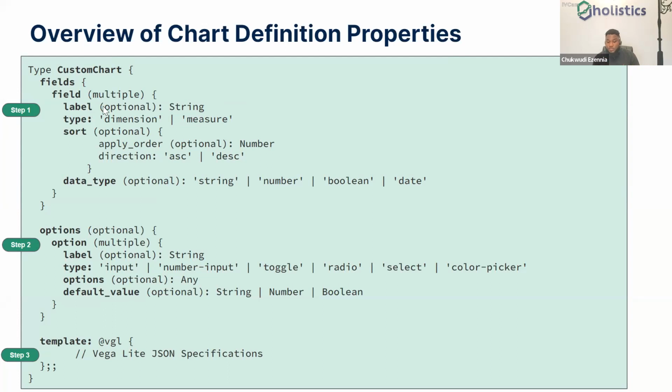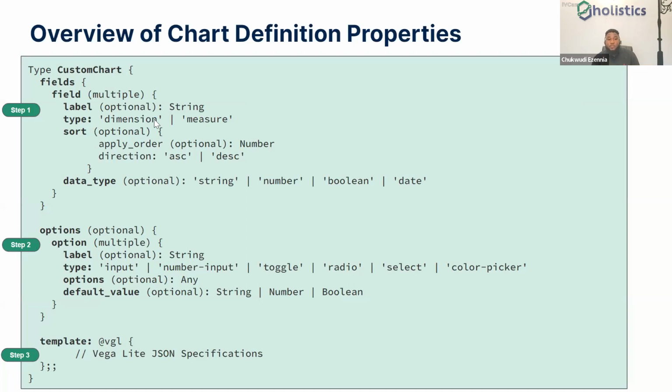And the label is optional, which is basically trying to put in a text label saying what type of field can be used there and all of that. The next one is the type, which enables us to define whether it's a dimension or it's a measure. And the good thing about there is like a best practice advice, actually. If you are using a Vegalite template that does an aggregation as part of its transformations, we advise you set all of your field types to dimensions, since Vegalite would already do the aggregation on their end.